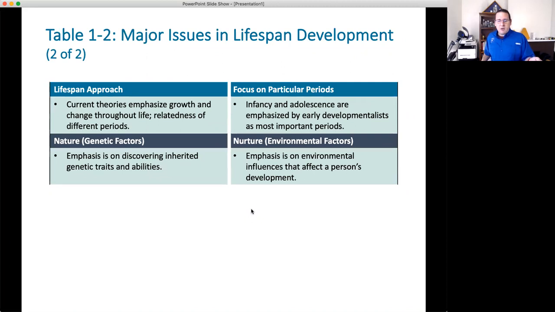So one of the courses that I teach is infancy and early childhood development. What the lifespan approach is talking about here is we're going to be looking again at the full spectrum. We're going to spend a lot of time in the early childhood and adolescent period because those are very, very important and critical to the other stages. However, we are going to spend time in early adulthood, middle adulthood, late adulthood, and so on and so forth, because those are important for many of you that are going into the field.